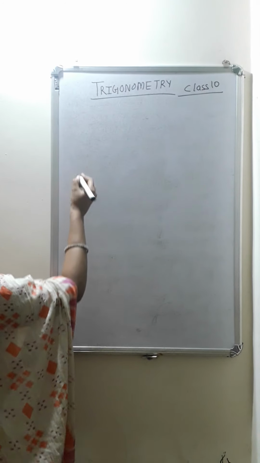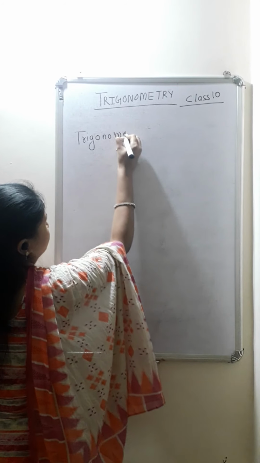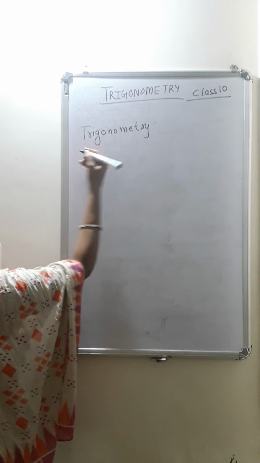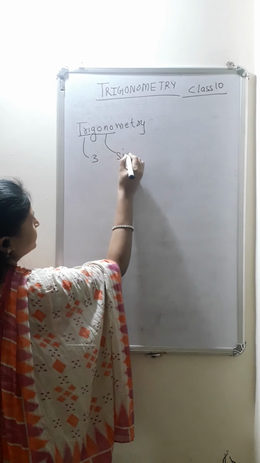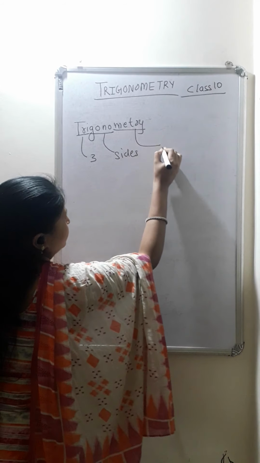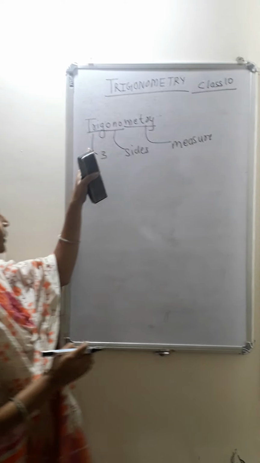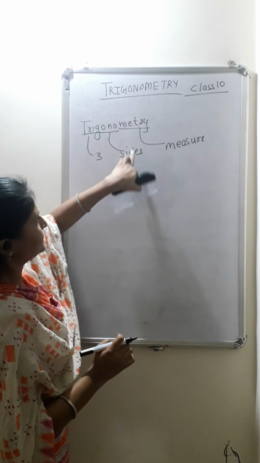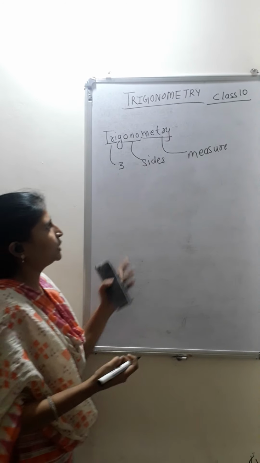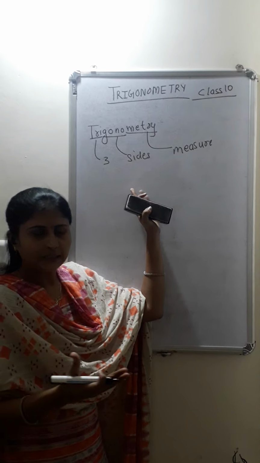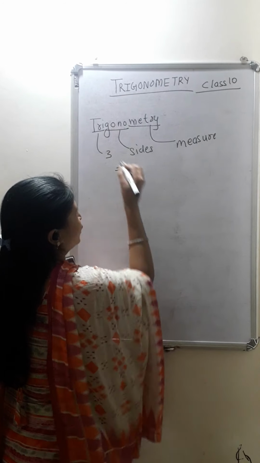Now, trigonometry. What do we understand by trigonometry? It consists of three words. Tri means three, gono means sides, and metry means measure. So, the branch of mathematics which deals with the measurement of three sides of any figure consists of trigonometry. So, basically, trigonometry is